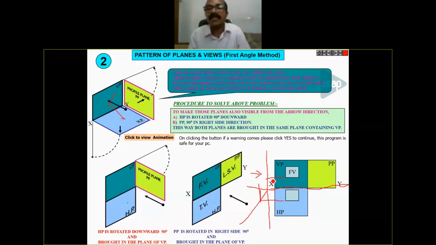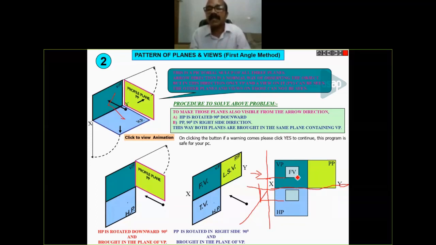If A is the point, in the elevation you denote A dash, and in the plan you denote small letter a. So A dash represents the elevation, small a represents the plan or top view of your object, then A double dash is the notation for locating the side view point.